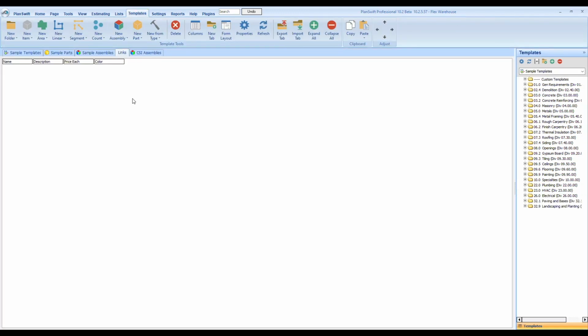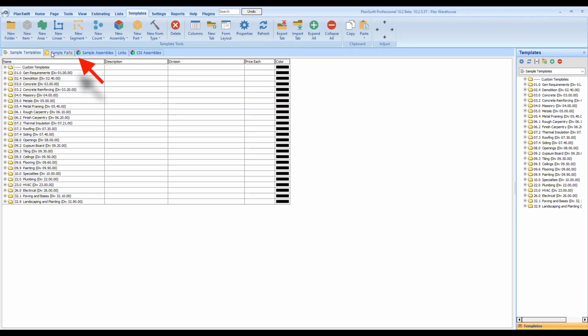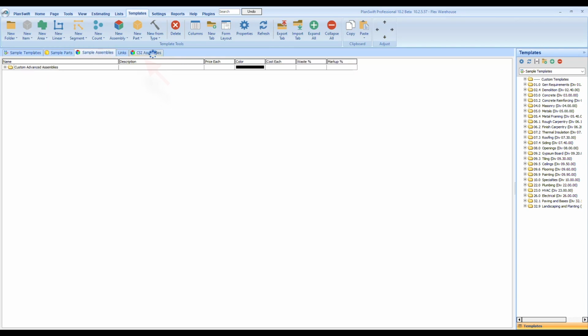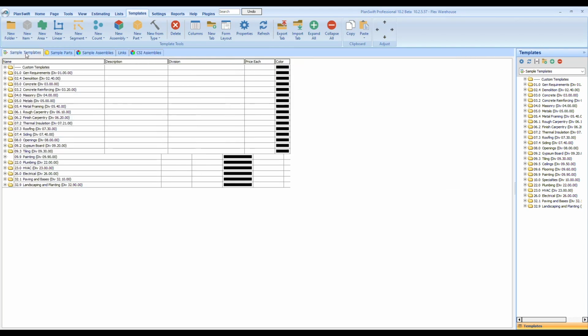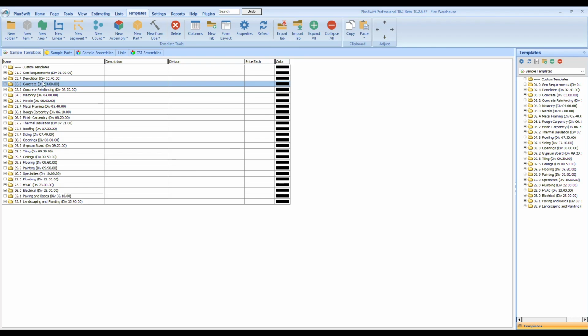These pre-built templates are designed to help you get started with PlanSwift, but you can also build and customize your own. By clicking on the Templates tab, I have tabs within a tab. Each of these tabs represent the content that I want to keep organized with its folders and subfolder structures. These tabs are what appear in the drop-down menu in the Templates window. Now I'll show an example of how to create your own tab.